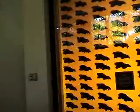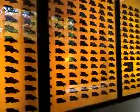And to top it off, look at all these dire wolf skulls. Isn't that amazing? That's incredible. All these more canines than the others of all the